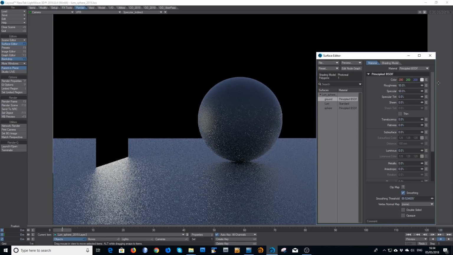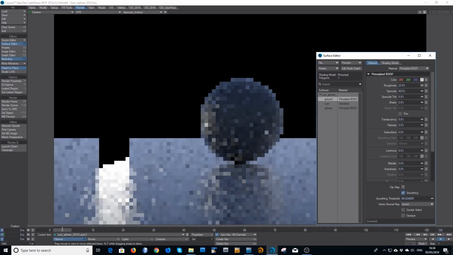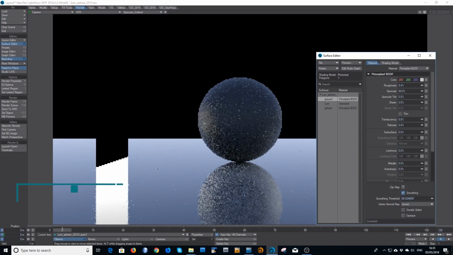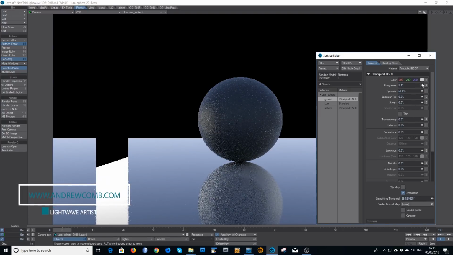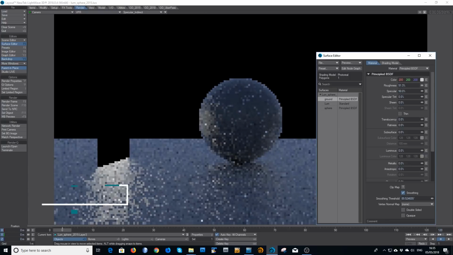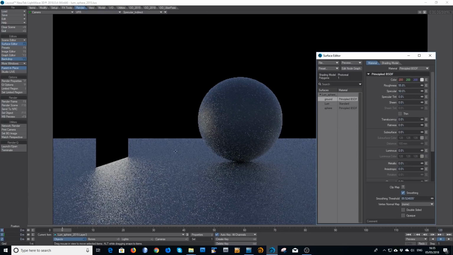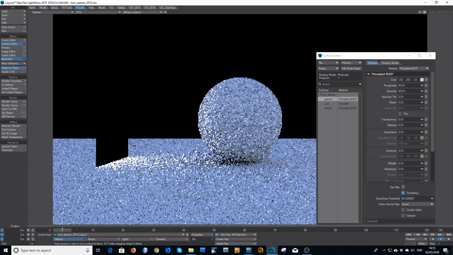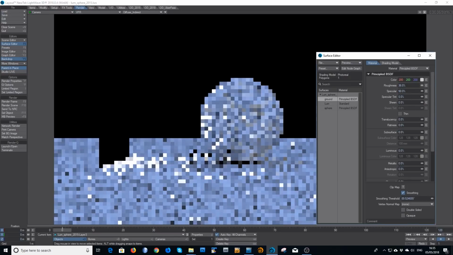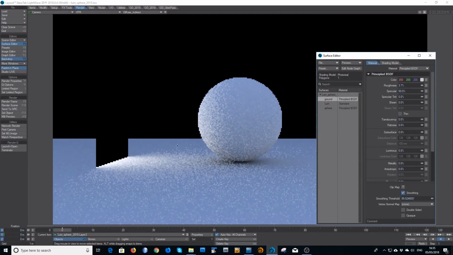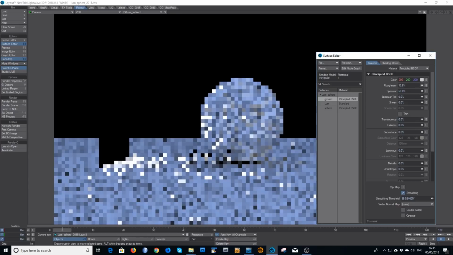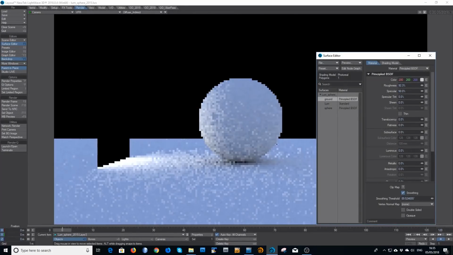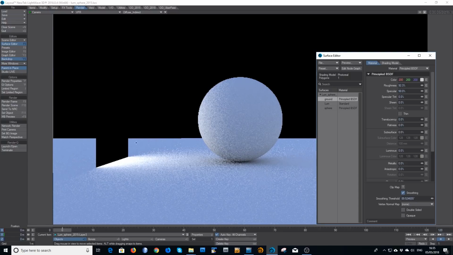Same thing will happen with the ground. So I can decrease that, and it gets much brighter and more like a mirror. And then as I increase it, the reflectivity of it, because we're seeing this on a glancing edge, gets much dimmer. But conversely, I'll go to the diffuse indirect here. If I decrease that, it gets darker. It's subtler to see on the diffuse, and as I increase it, the diffuse is getting brighter, which compensates for the reflection. So this is basically, the whole thing works in an energy conserving way,